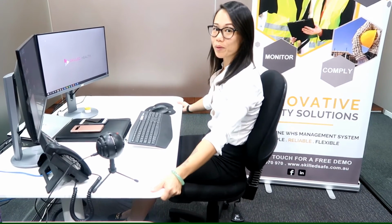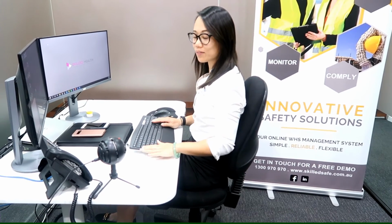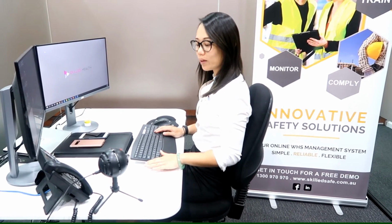Now that we're comfortable in a chair, let's have a look at what it's like when we pull into the workstation. The first thing is we want to ensure that our arms have clearance from the surface of the desk. We can also ensure this by having our elbows kept at 90 degrees at least. The reason for this is we want to ensure that we can have our shoulders at a neutral position